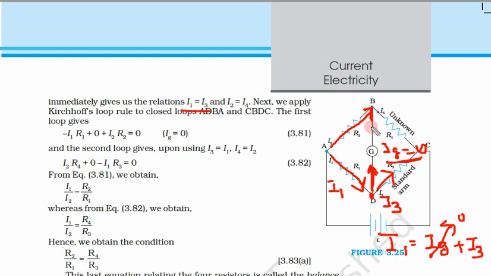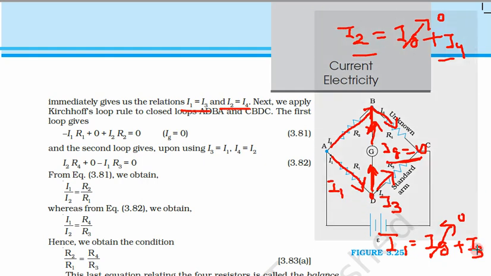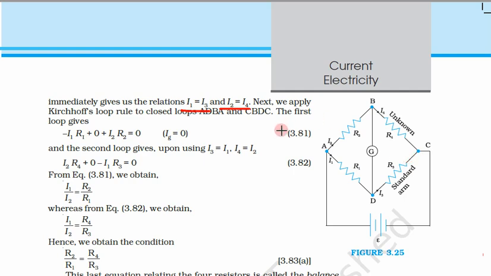Same here, either a current is going towards this galvanometer G or a current coming through galvanometer G. Only thing that will change is the sign, negative or positive. The current leaving the junction is this I4. So I2 is equal to Ig plus I4. Again, for balance condition, this Ig is equal to 0, so I2 is equal to I4. So these are two conditions at the junction points B and D for the balanced bridge.